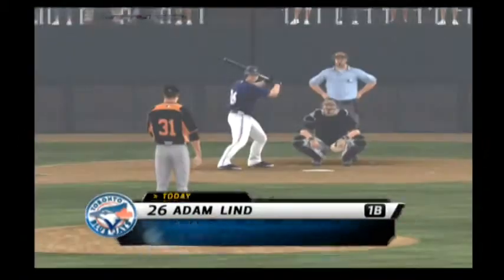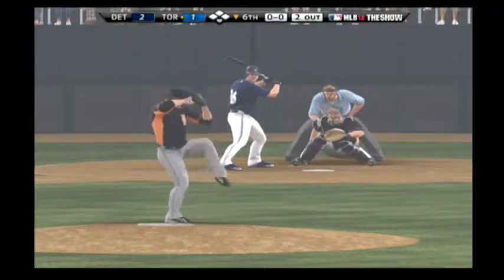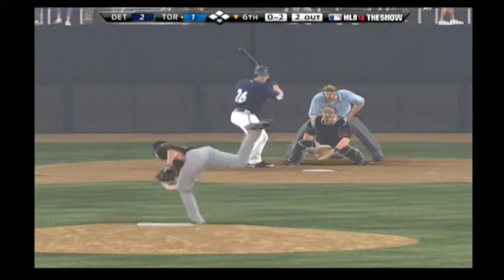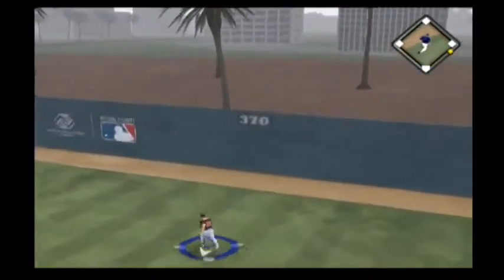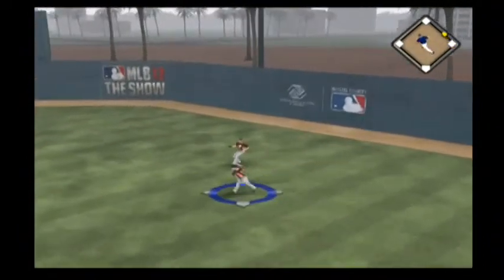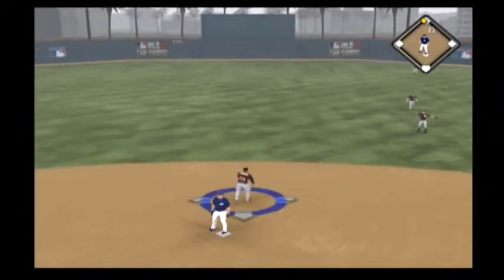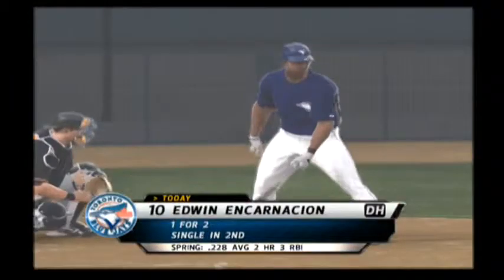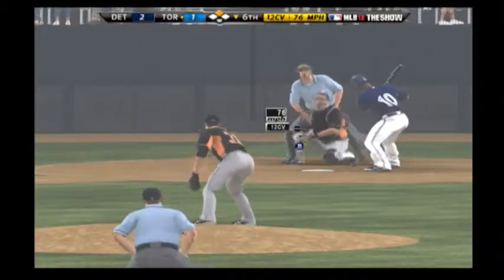Adam Lind will stride forward now. He's bounced out a couple of times already here in the ball game. And he waits out the changeup there as it's belted high and deep into right center. But that'll be off the wall in right center. And he will pull into second with a 2-out double. Edwin Encarnacion will dig in now. But he's seen the count move